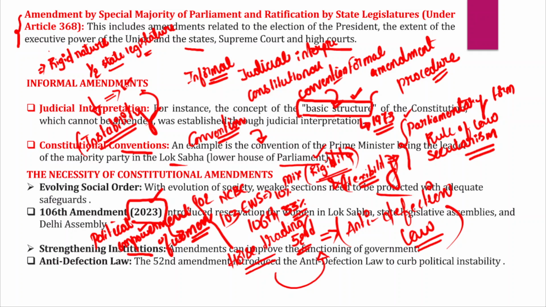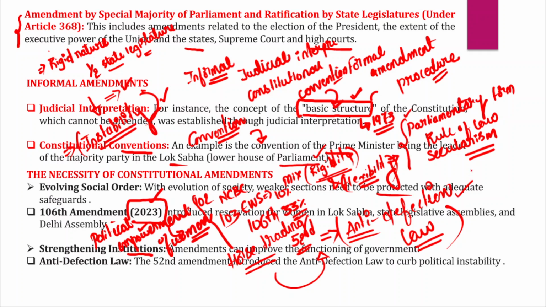So because of the defections, some members from either the ruling political party or the opposition political party just switch sides, and that could create instability, and that would also result in conducting fresh elections in that particular state or imposition of the President's rule as well. So therefore, in order to avoid this situation, the anti-defection law has been framed through the 52nd Constitutional Amendment Act. The anti-defection law aimed to prevent politically motivated defections.